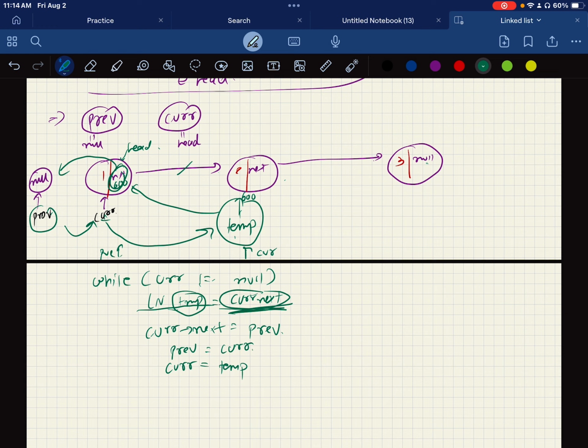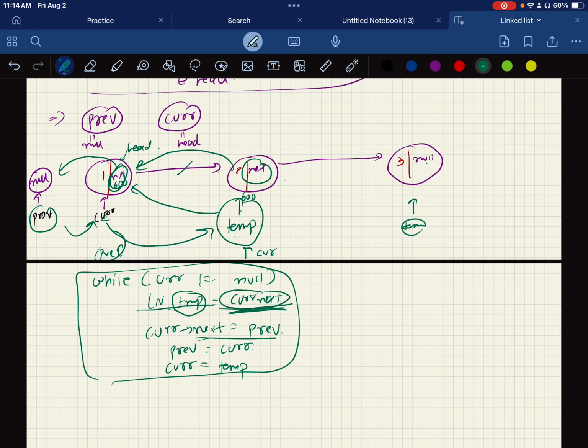And if you try to trace it again, my temp is going to be the current's next, and this link is going to be established like this: current next is equal to prev. So your current is right here and the new prev is here. This link is going to go like that, and that way you should be able to get it done. My job is to explain how the algorithm works. Your job is to